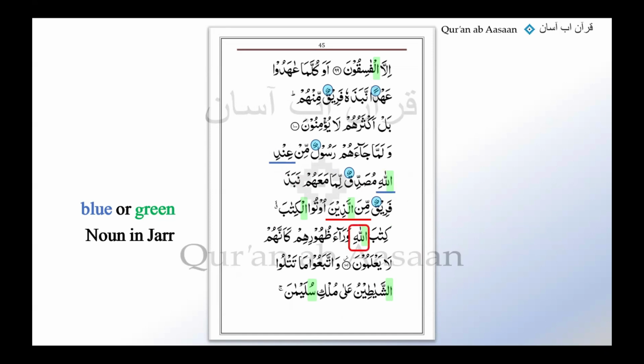Allahi. Oh, kitab Allahi. That's like you have done it a few times today. Alhamdulillah. And then any other one? Any other noun in jar? Colored noun in jar? Sulaymana. How is it in jar? It's Sulaymana. Isn't it in nasb? Oh, it's a Maryam type noun. Alhamdulillah. Okay. So it could be Maryamu, Maryama, both in nasb and jar.